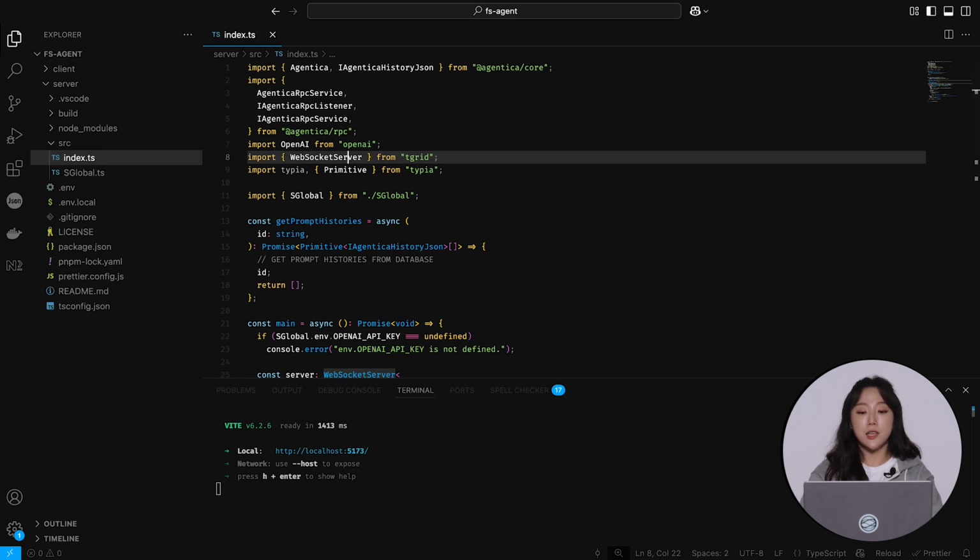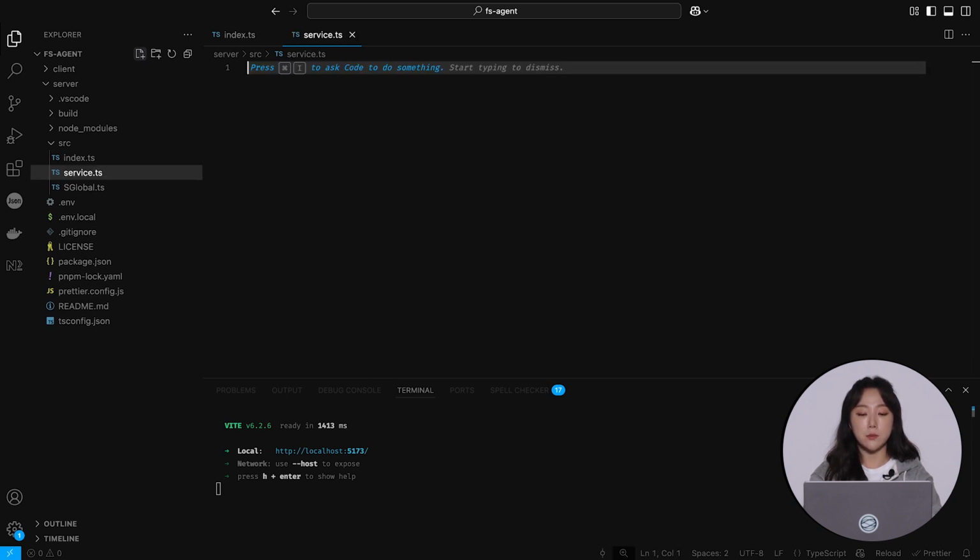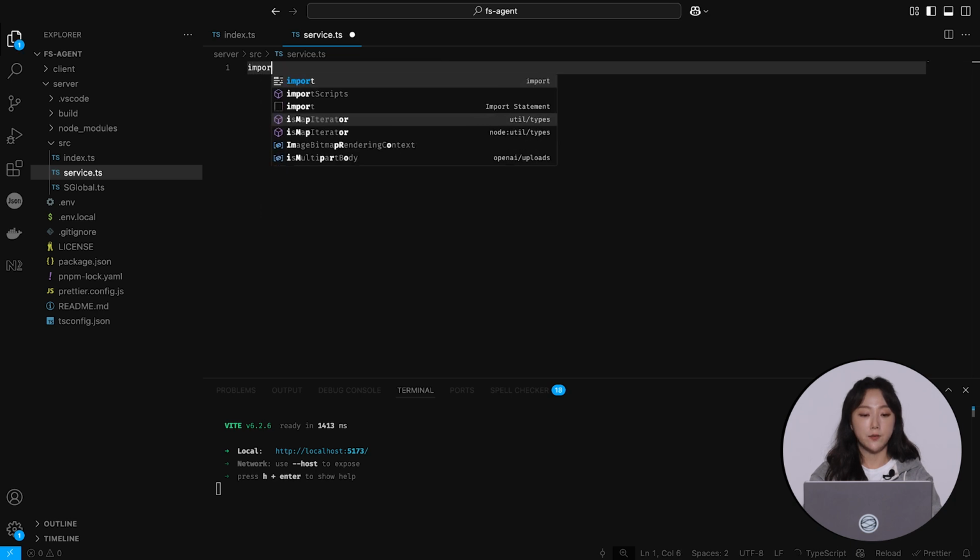Since I don't need the entire fs module, I'm going to create my own custom FS class. First, I'll create a file called service.ts and import the built-in fs module inside this file.